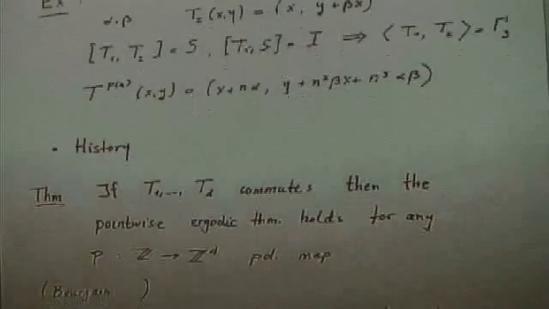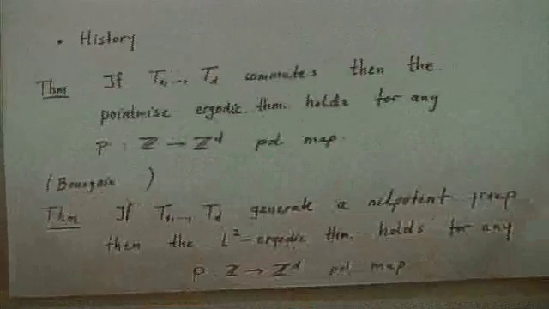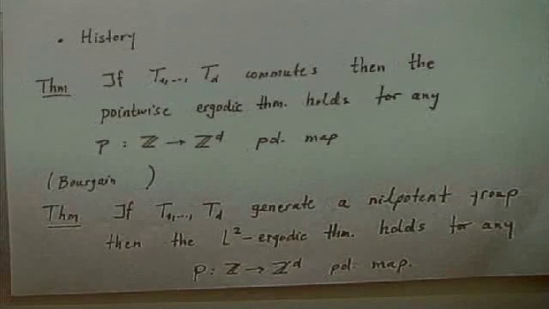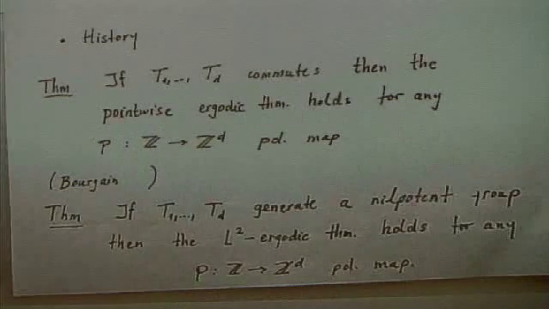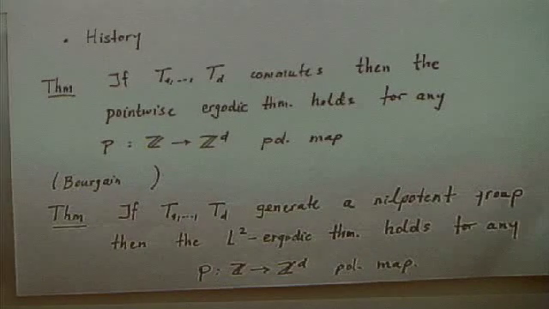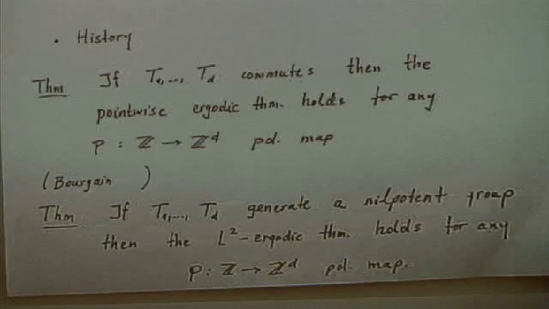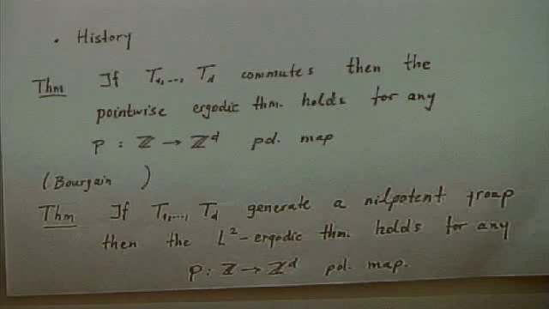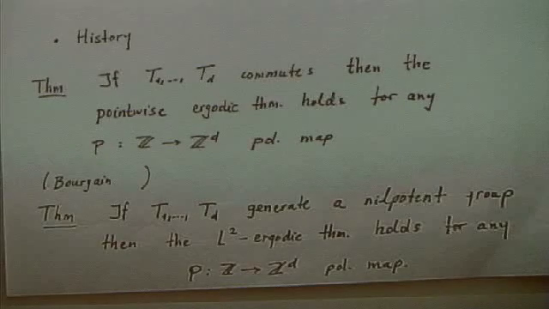So, yes, as I said, the subject of this, I wouldn't say, I never really tried to major in history, but to me, the subject really started with the ergodic theorem of Bourgain, who handled completely the case of commuting transformations and arbitrary polynomials. So he proved the corresponding discrete maximal theorem and then the pointwise ergodic theorem.